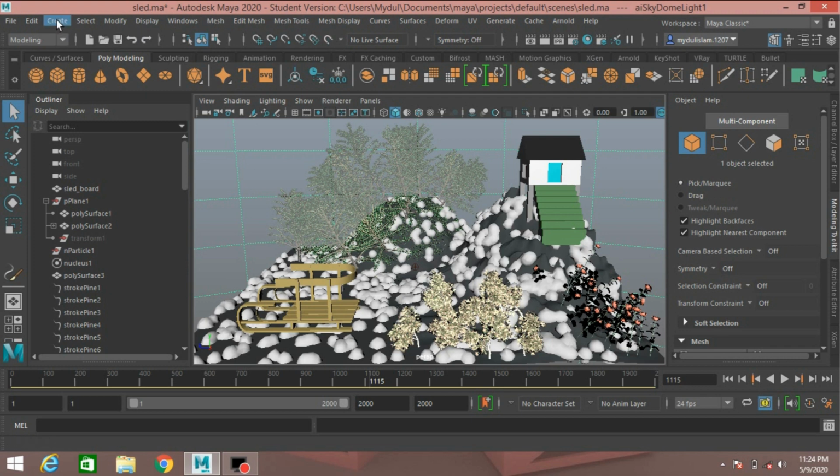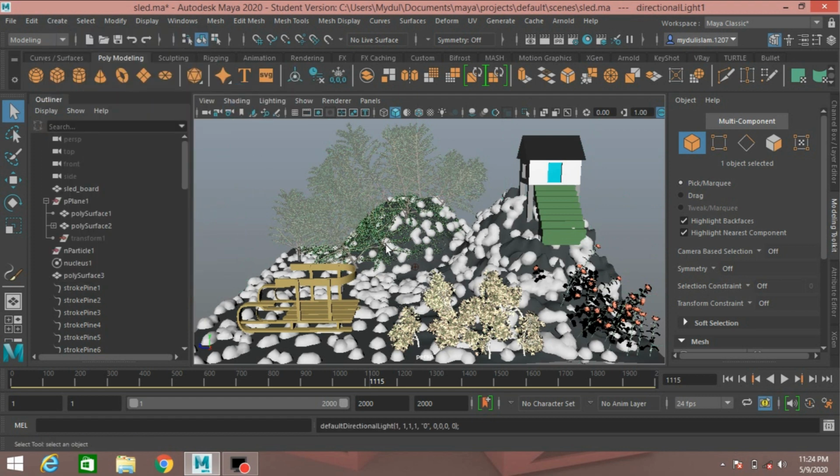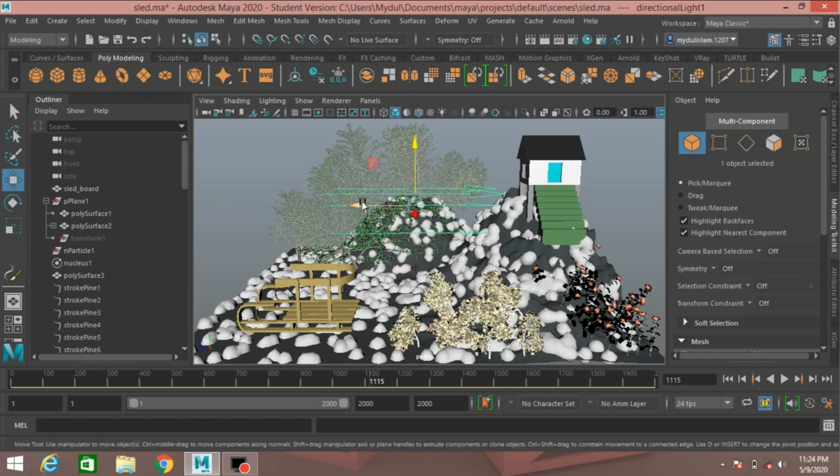So go to create light, take directional light, scale it to see it clearly.